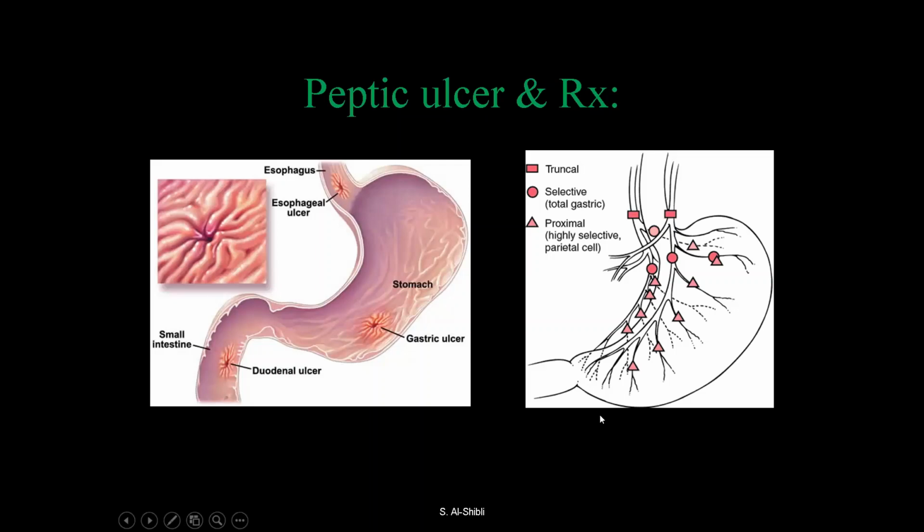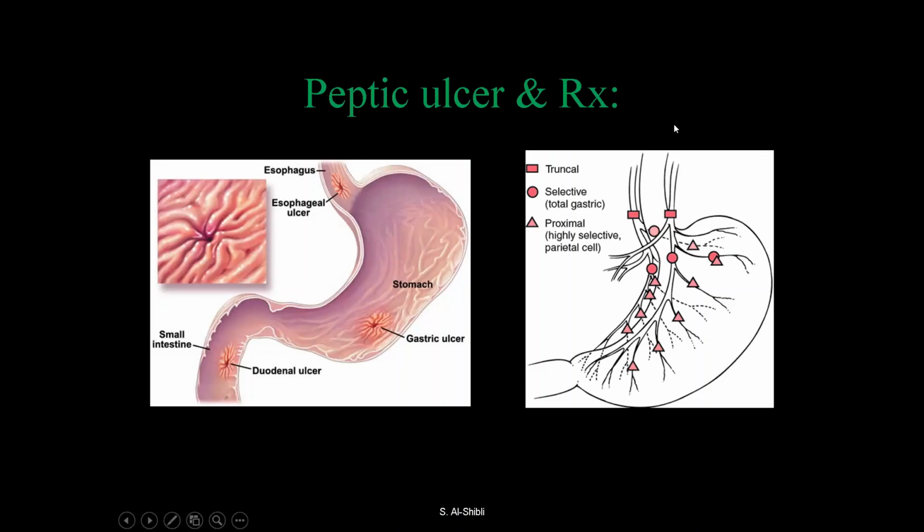All secretion in the body is triggered by parasympathetic, with the exception of sweating, because it's triggered by sympathetic. Not only that, but even the treatment of peptic ulcer is related, because we know that